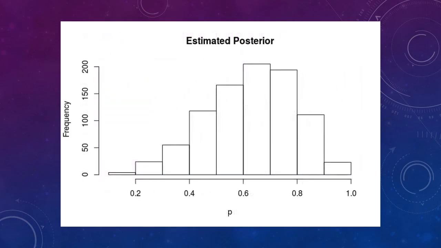In this example, we see that values just above 60% are the most plausible, and values near 20% are not very plausible at all. We could use the mean, median, and mode of the values from our MCMC chain to estimate the mean, median, and mode of the posterior distribution, telling us which models are most likely. And the standard deviation of our MCMC values estimates the standard deviation of the posterior distribution, which tells us how confident we are in our most plausible